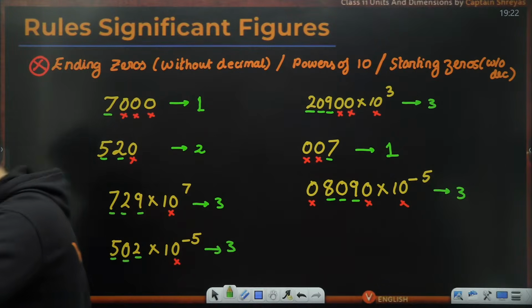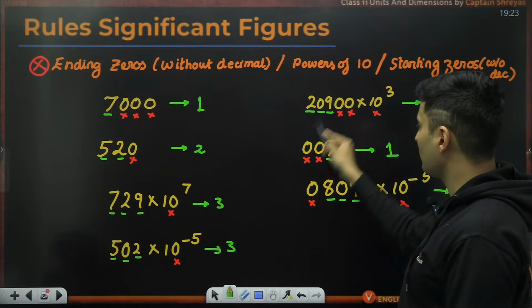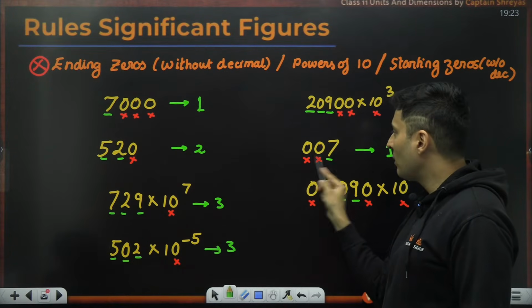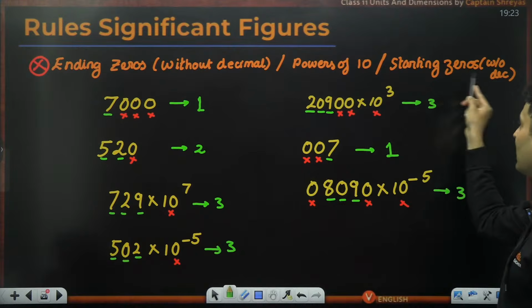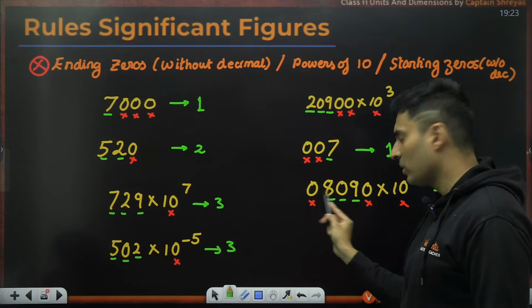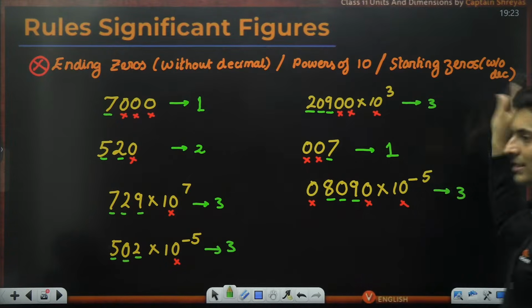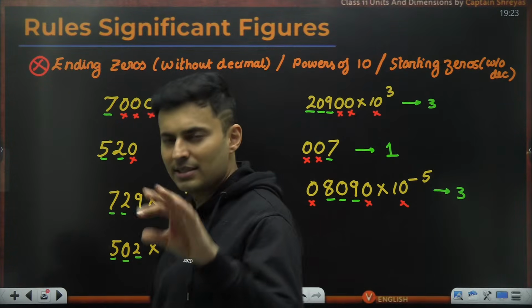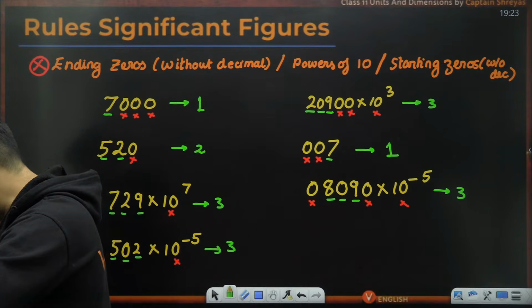Yeah. So Himmat Singh, I just mentioned the zeros before the non-zero, the starting zeros. Yeah, these are the zeros before the non-zero. They are also not significant. These are our starting zeros. This zero is also before the non-zero. They are also insignificant, considering no decimal places. With decimal places, some rules are there. We'll just talk about it. Till this point, absolutely clear?